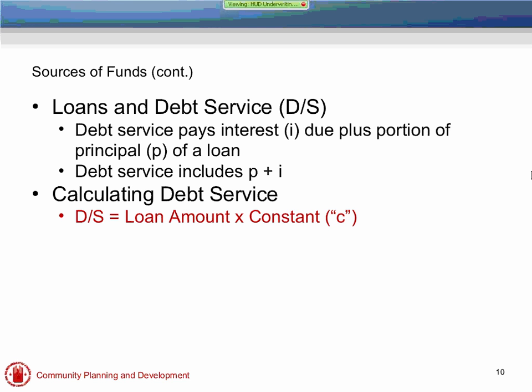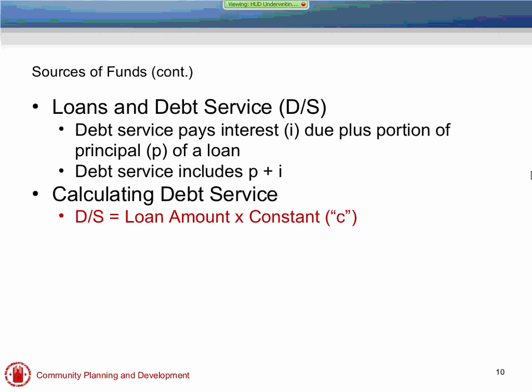So when we're calculating debt service, our debt service formula is the loan amount times the constant. And in this particular webinar, we're going to give you all of the constants, but the constant really is just a formulated table that's based on interest rate and term, and it's really just a weighted average. This table is very commonly found and easy to find. It's standard out there in the industry, and when you get to the actual classroom courses, you'll be looking up the constants on a chart. But in this particular shorter webinar series, we're just going to give you the actual constant.